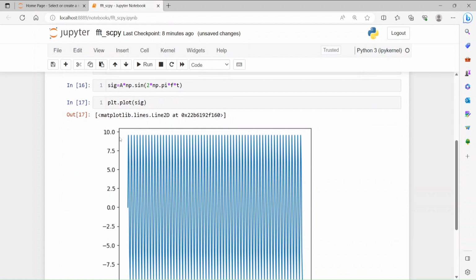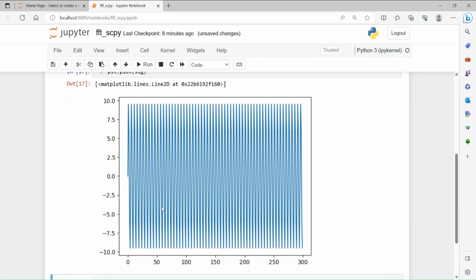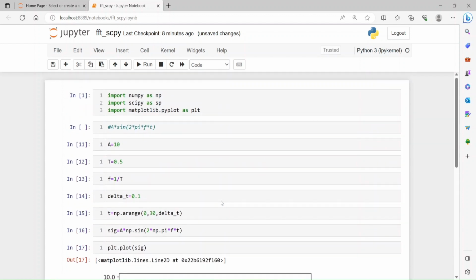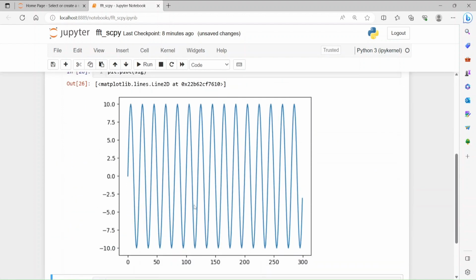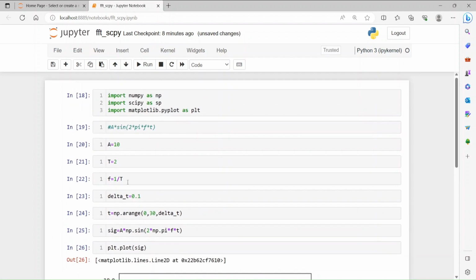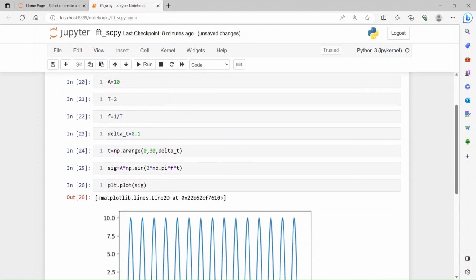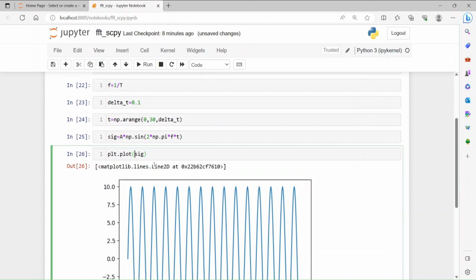So you see the amplitude went from 1 to 10, and you can see the frequency seems to be very high, so we can just have, let's say 2, and then run all cells, and see we have lower. So now the period is kind of higher, and so the frequency went lower. It is inversely proportional. Okay, but we are going into all these electrical engineering things, so let's focus on this